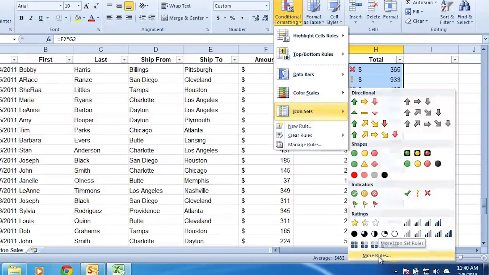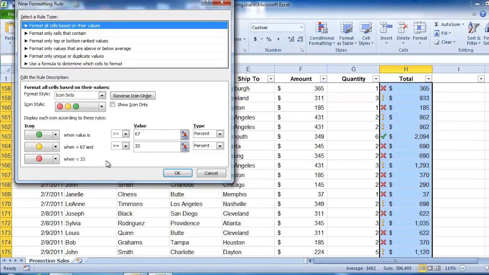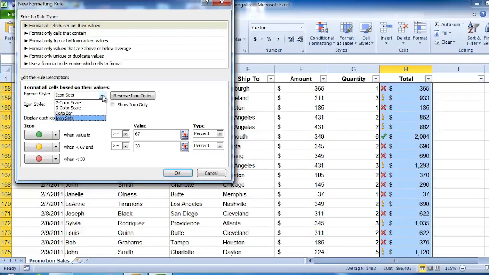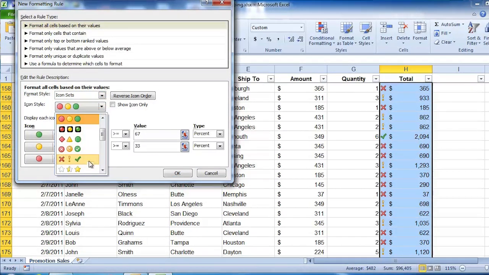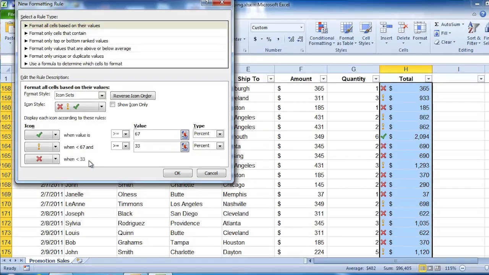So if I click on More Rules, notice I could come in here and set the value for when these occur. So I could obviously change whether I'm doing an icon set or the scale or the data bar. I can choose what kind of icons I want to use. So I'm going to go back to my check marks and exclamation point and X. And then notice it says check mark when the value is greater than or equal to 67%. Well, you know, maybe I want to lower that to 50%. And then with the exclamation point,